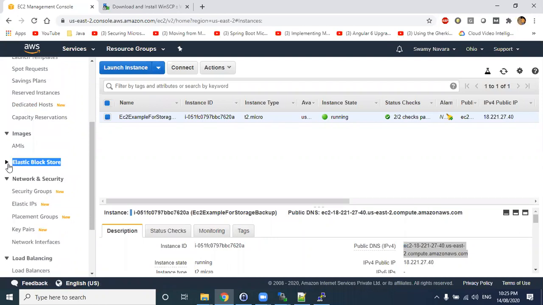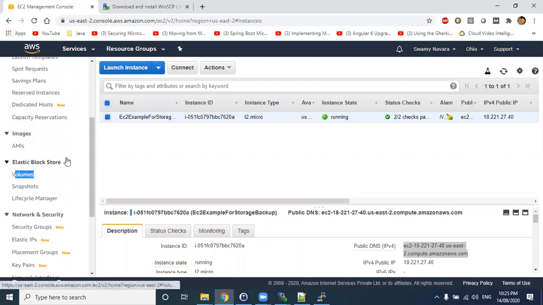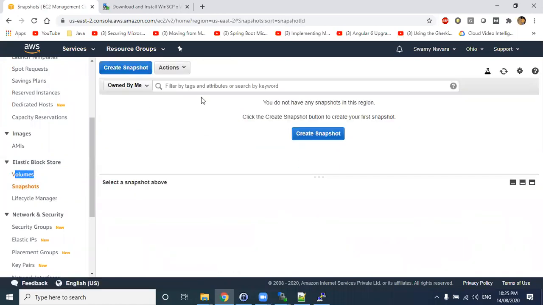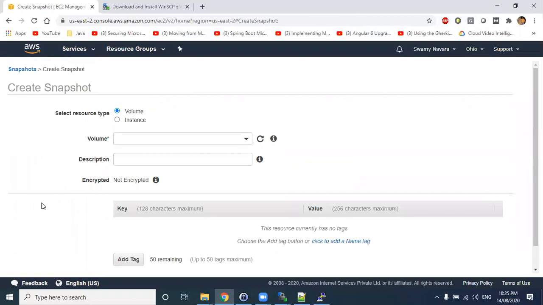Yesterday we saw volume. A volume is nothing but adding storage from a storage area network to your EC2 machines. Snapshots are nothing but the backup of your machine. Just keep that as a reminder in your mind. We will see how the snapshot actually works later.